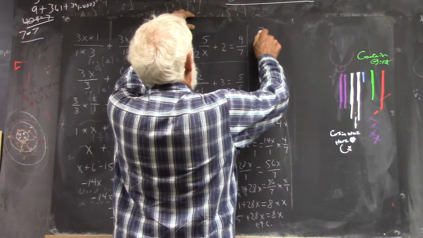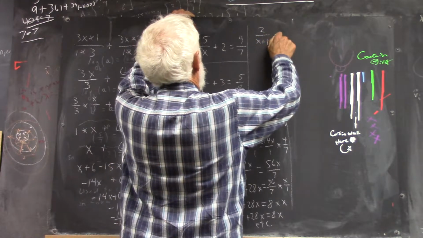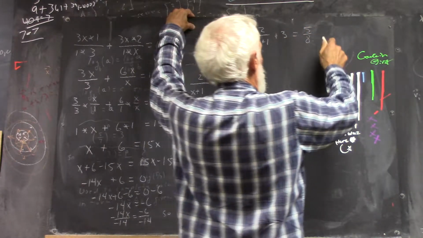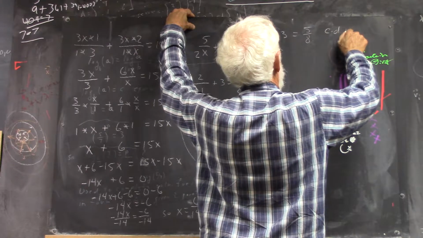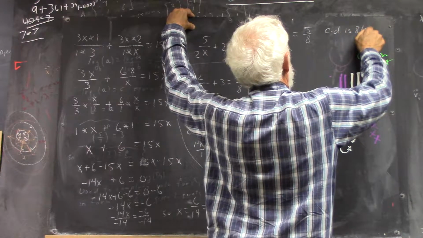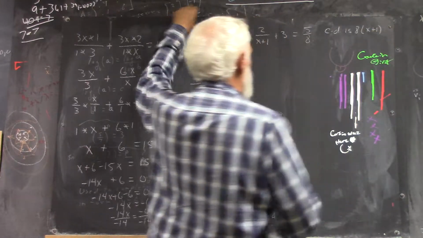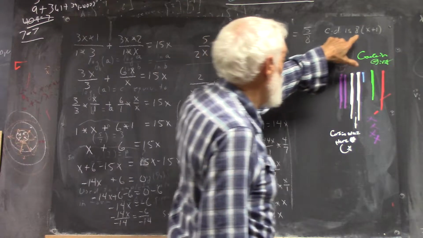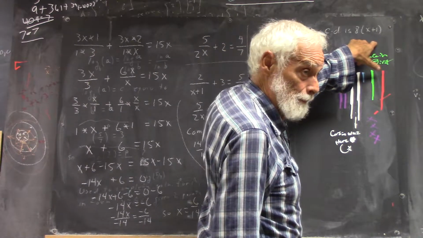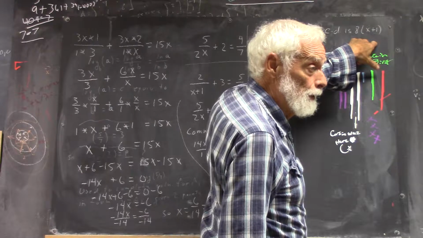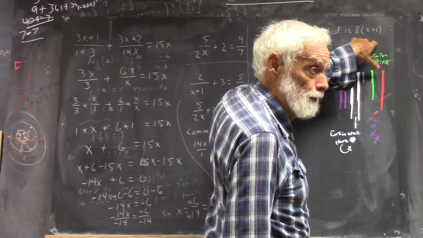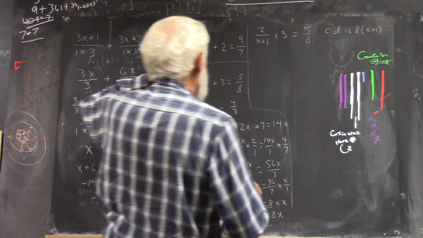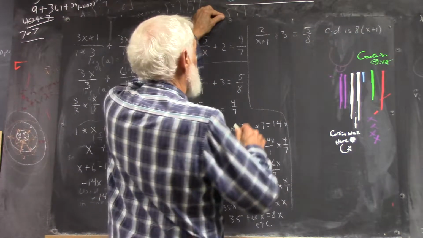Last equation was 2 over x plus 1 plus 3 equals 5 over 8. The common denominator is 8 times x plus 1. Because you got denominator 8, you got denominator x plus 1. And you want to write it out that way, and that's what you want to multiply by. If you do anything else, it's going to be hard to see what divides out and what doesn't. You're going to make it more difficult. So you want to write these literally as they are. Okay? So now you get